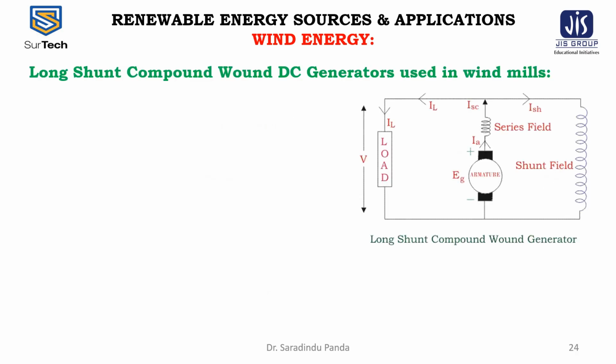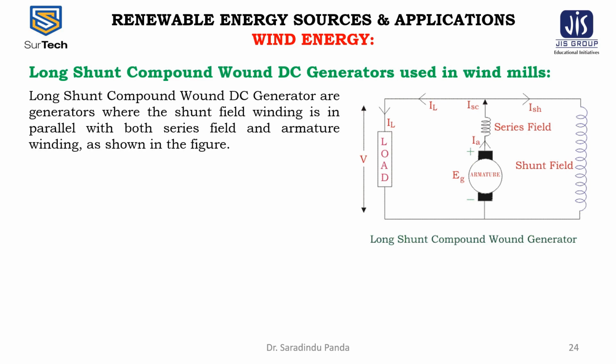Now the long shunt compound wound DC generators are generators where the shunt field winding is in parallel with both the series field and the armature winding. This is the series field and this is the armature winding. So the shunt field is in parallel with both the series field and the armature winding. The shunt field current here is ISH equal to V by RSH,